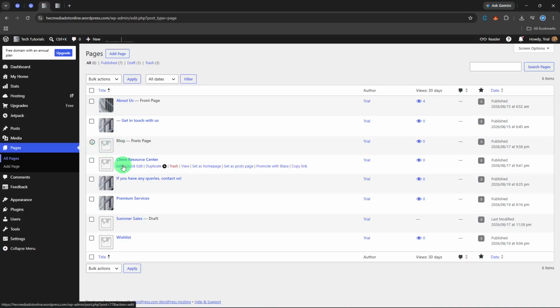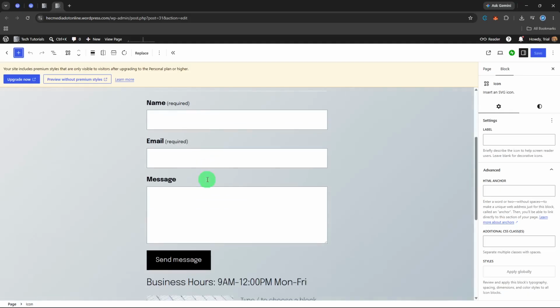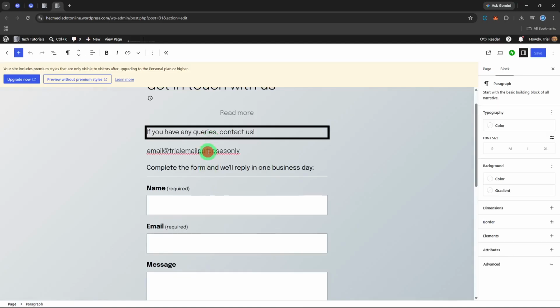Once the editor opens, scroll to the section that contains your columns. Click directly on the column you want to border. Watch the right-hand settings panel because it should say column at the top once you have the right block selected. If it says paragraph or group, you've clicked something inside the column, and that's the number one reason people can't find